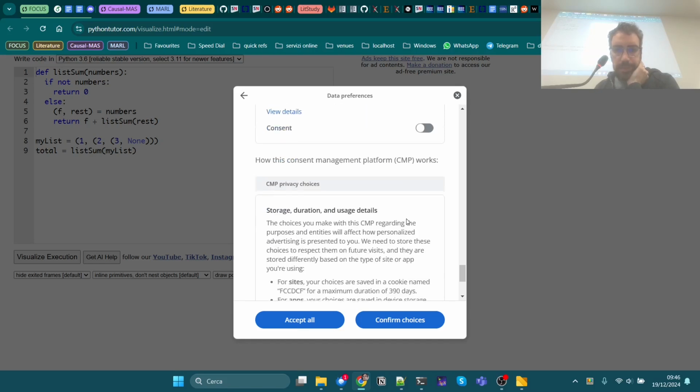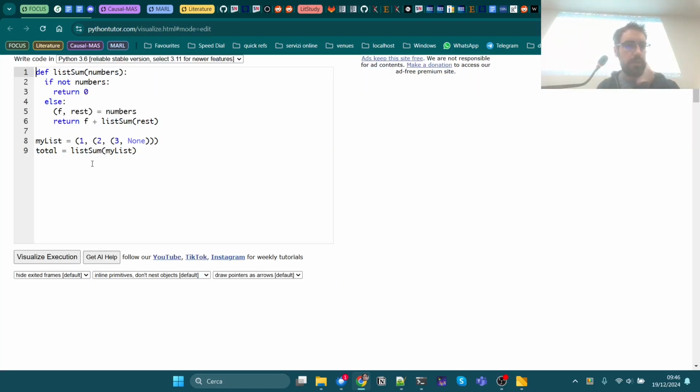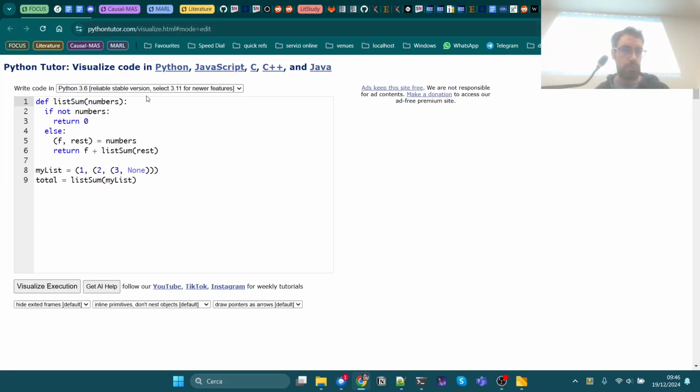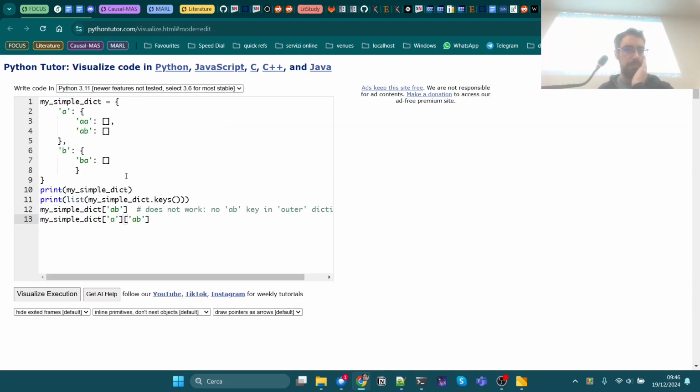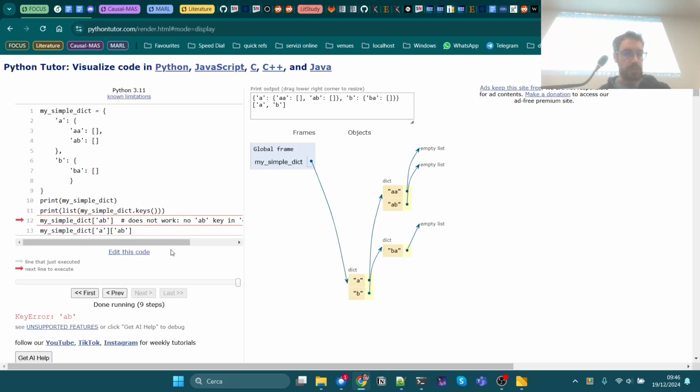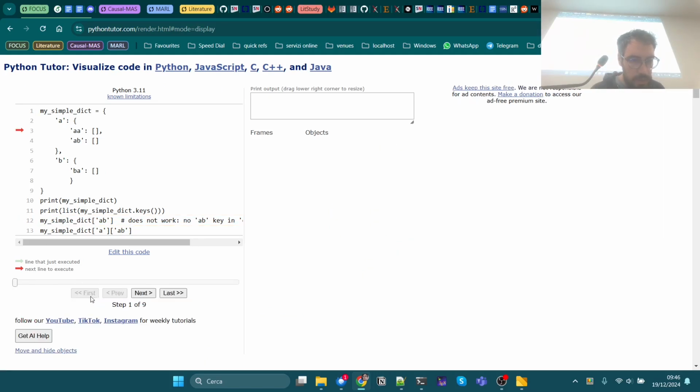So this is maybe if you notice some weird behavior and you want to know more, you can go to this Python Tutor, select a version, whatever version of Python should be fine. You can copy paste your Python code here, and you can see what happens when you execute code and how the data structures are actually memorized in Python. So, for instance, when you visualize your code, you can execute it step by step, which is something that we